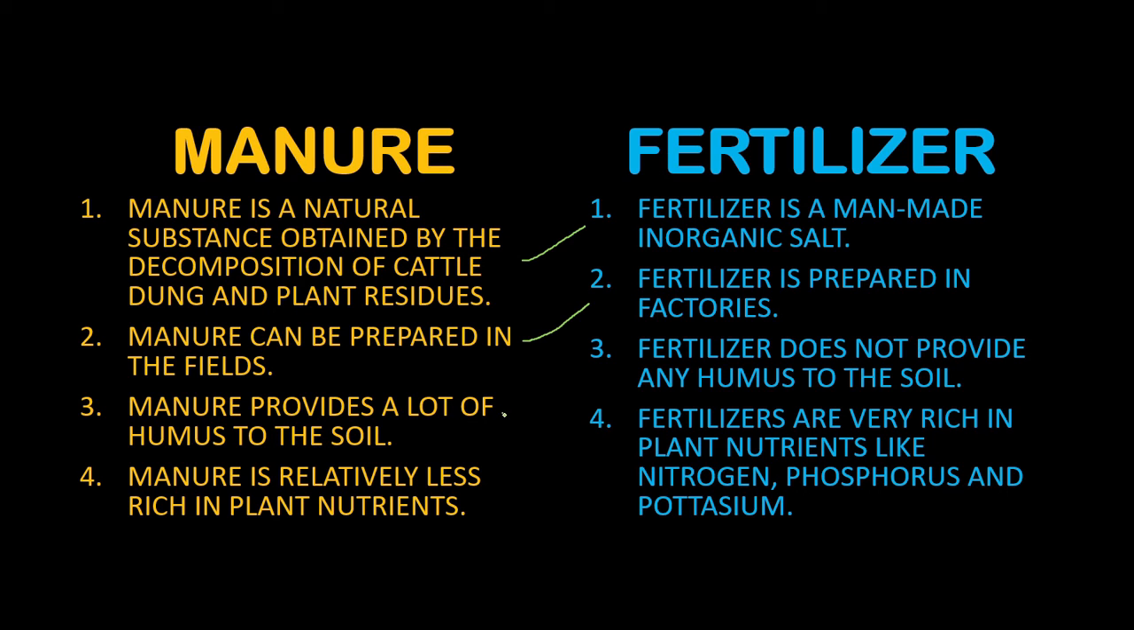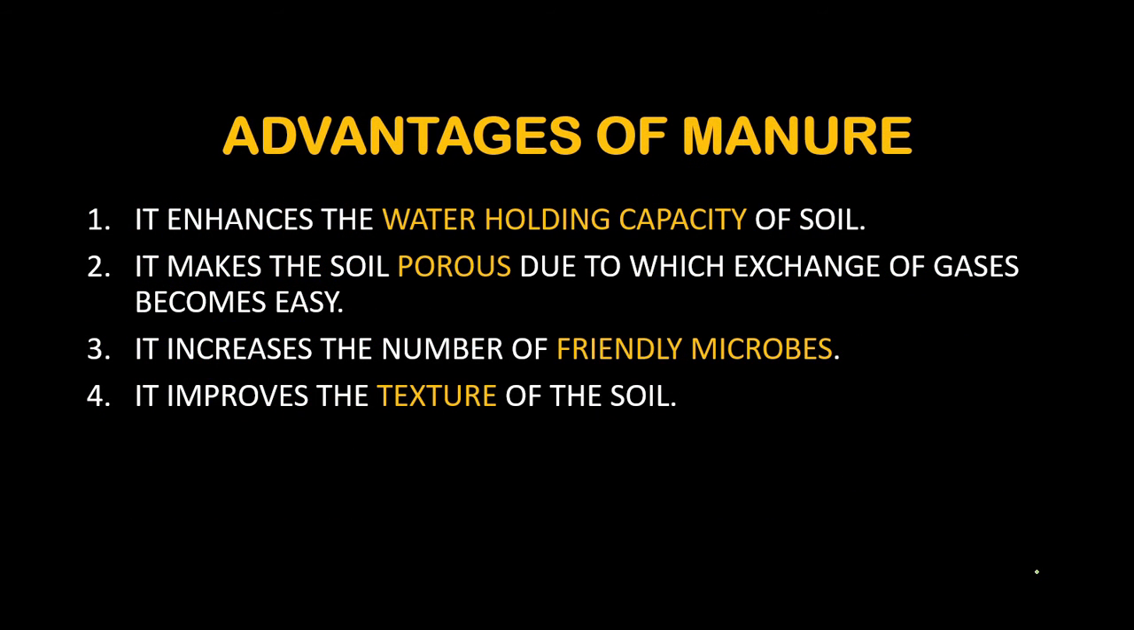Manure provides a lot of humus to the soil. Fertilizers do not provide any humus to the soil. Manure is relatively less rich in plant nutrients, while fertilizers are very rich in plant nutrients like nitrogen, phosphorus, and potassium. Now I hope all of you must have heard that chemical fertilizers are not good for our health,